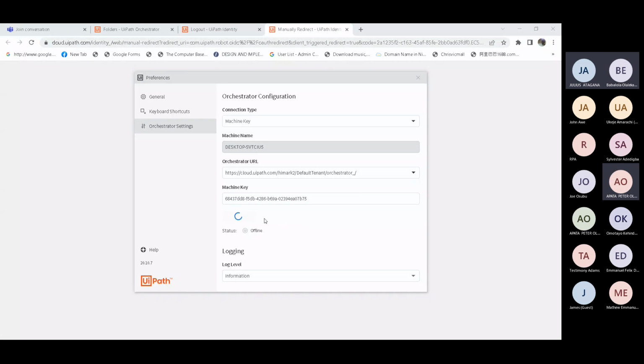Let's see. It's connected. Connection failed.